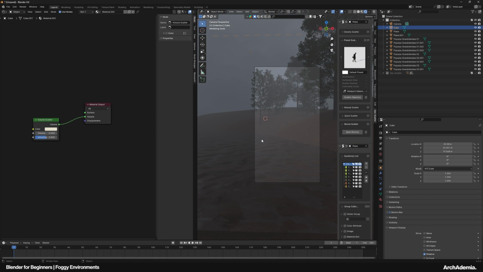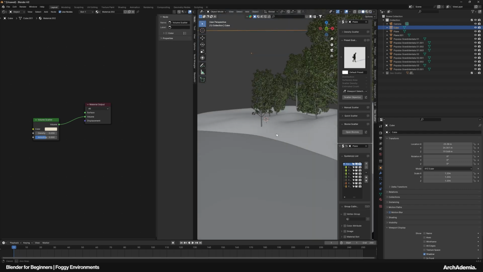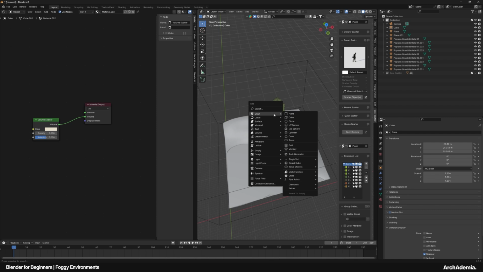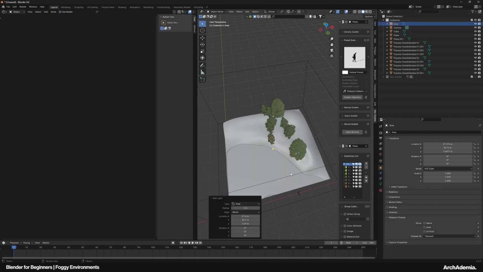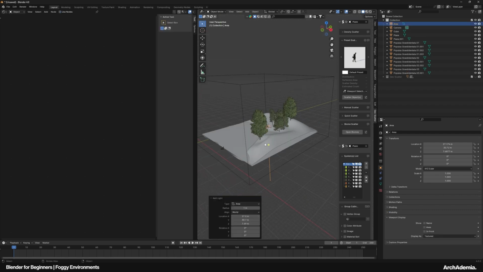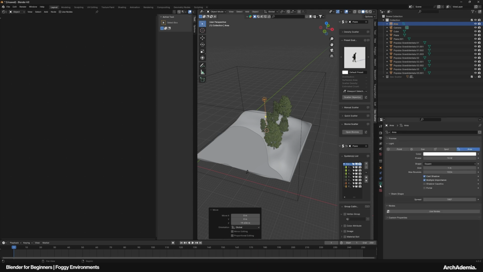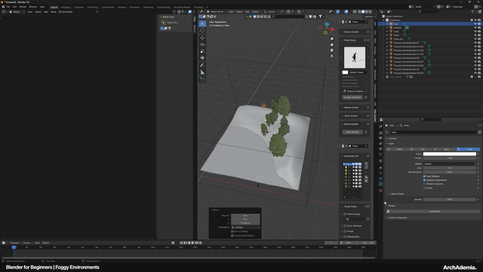To really get the most from the fog, what I would recommend is you introduce 2 area lights. So add light, area light. And then in our little section down here, the properties section, when you've got a light selected, it gives you the light option. Let's just set that to say 1000,